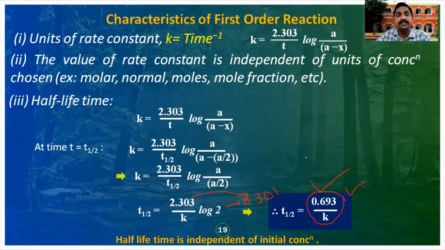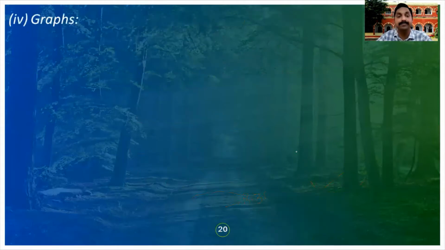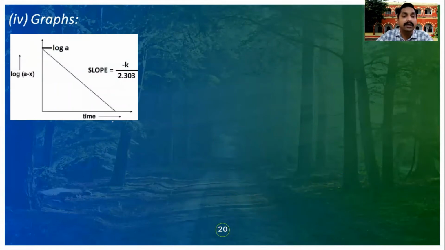Now let us discuss how to plot the graphs. Here they have given a graph between time. In the x-axis we have time and in the y-axis we have log a minus x. Time versus log a minus x ग्राफ. तो ये ऐसे ही इसका मतलब इसका शेप आप देखेंगे तो ये किस फॉर्म में है? y is equal to minus mx plus c. We have already seen the graphs. So it is in the form of y is equal to minus mx plus c. So how to get this equation we will see.